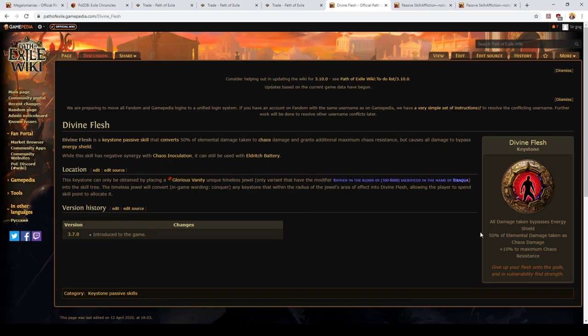you suffer from attacks. When an enemy hits you with a Fireball, let's not use Fireball, let's use something that's a hit, Arc. An enemy hits you with Arc, if it hits you for 1,000 damage, normally you would take 250 lightning damage. However, with Divine Flesh, instead, you will take 250 initial lightning damage, 125 will be damage you